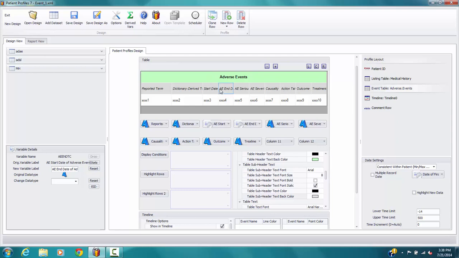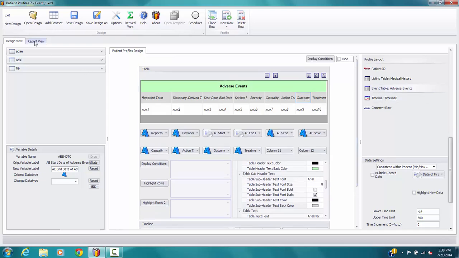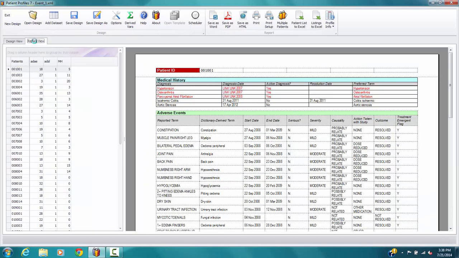We'll change this 4th column to be end date, serious, severity, causality, outcome. And when we click over to our report view, we see those changes taking shape. Our color and font adjustments to the header and subheader, and we can see that our events are now listed